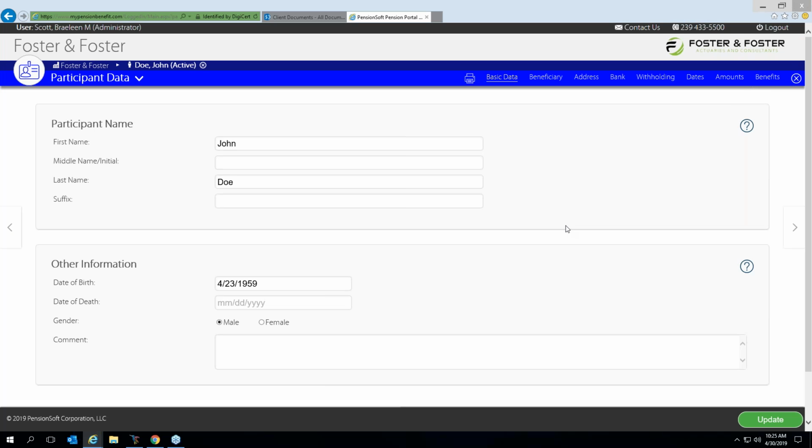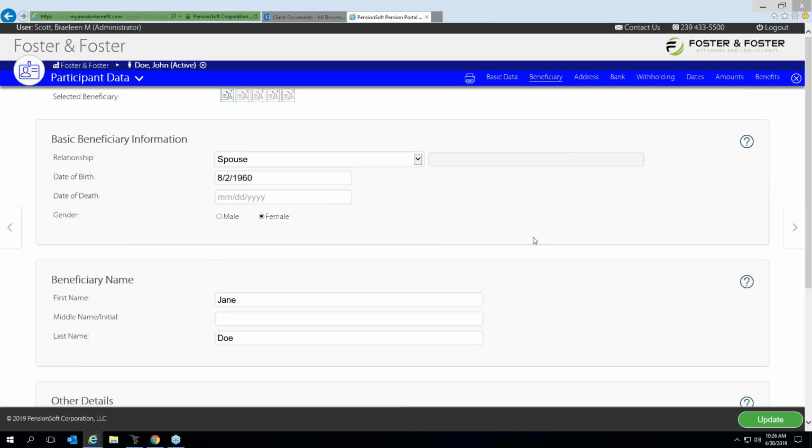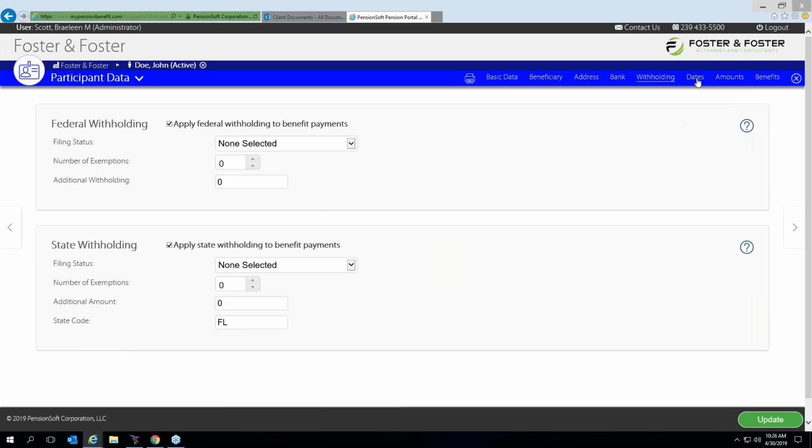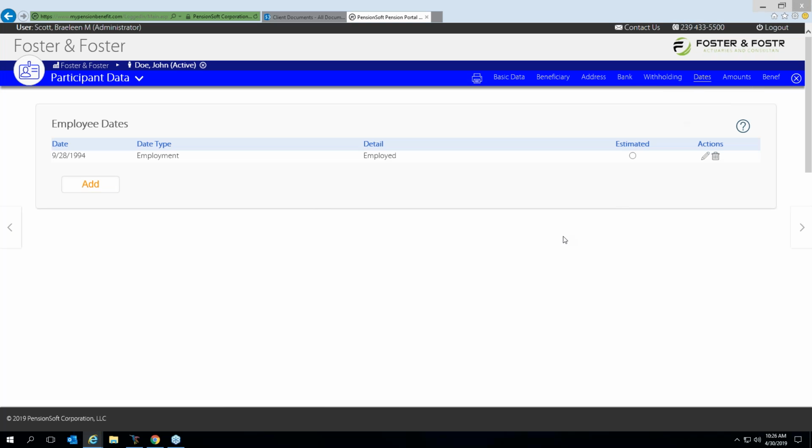So typically we'll have the member be able to view all of their data, and we'll have the administrator able to edit all of the data here. So we just have some basic information, we'll have beneficiary information, and we can store details for up to 5 different beneficiaries here. We also have address, banking information, withholding information, different dates. So if someone has a break in service, went on military leave, anything of that nature, we'd be able to store all of that data and all of that